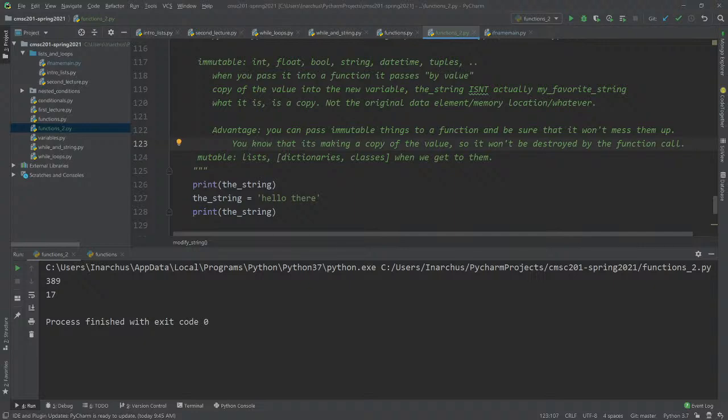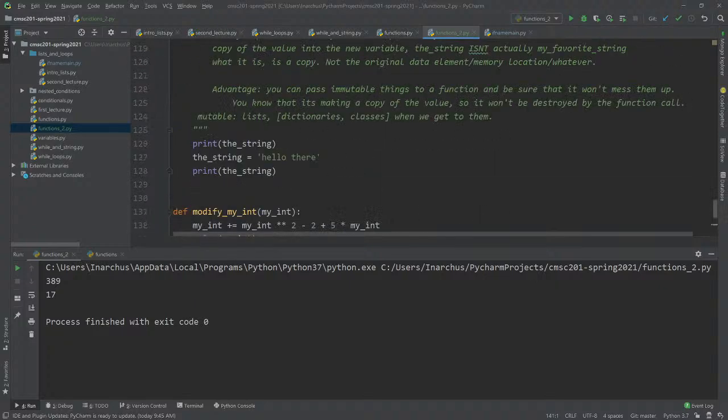And of course you might be like, well, what's a datetime object? The answer is it's an object that contains some dates and times. But the point is you don't have to care about what they are. All you have to know is that whenever you see one, it's an immutable object and it isn't modified when you send it into a function, right? Because it's making a copy. Okay.